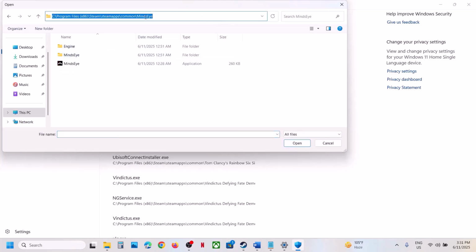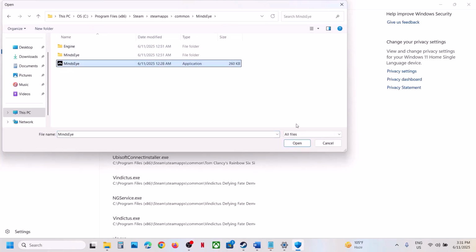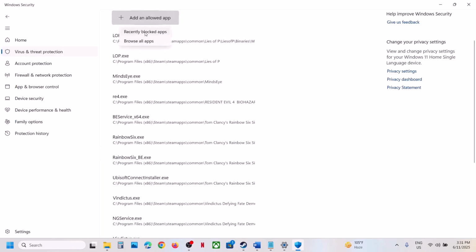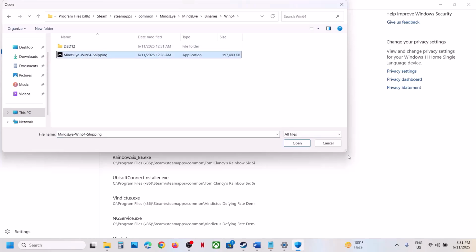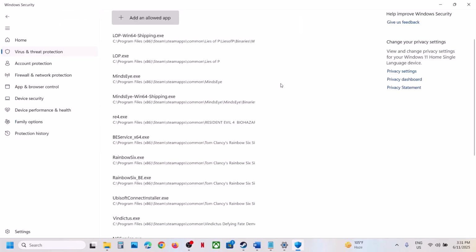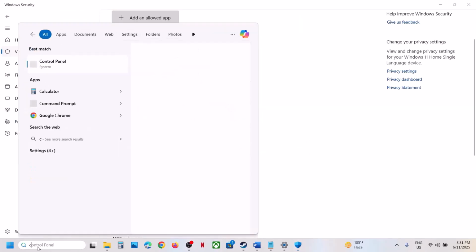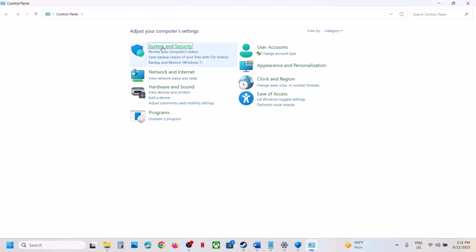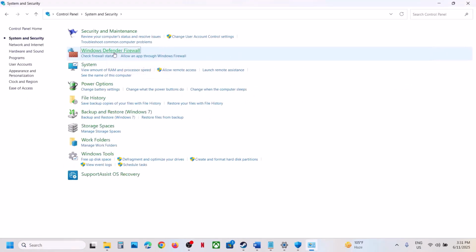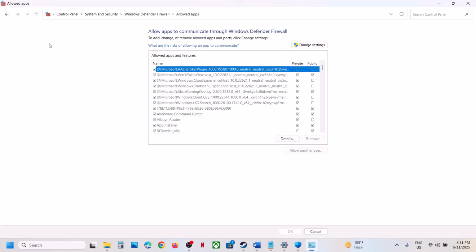In my case the location is this, and then select the game exe file, click on open, again click on add an allowed app, click on browse all apps, and then open MindsEye binaries Win64, select this exe file, click on open, and then type in control panel in Windows search box, and then go to control panel, system and security, Windows Defender Firewall, allow an app or feature through Windows Defender Firewall, click on change settings, click on allow